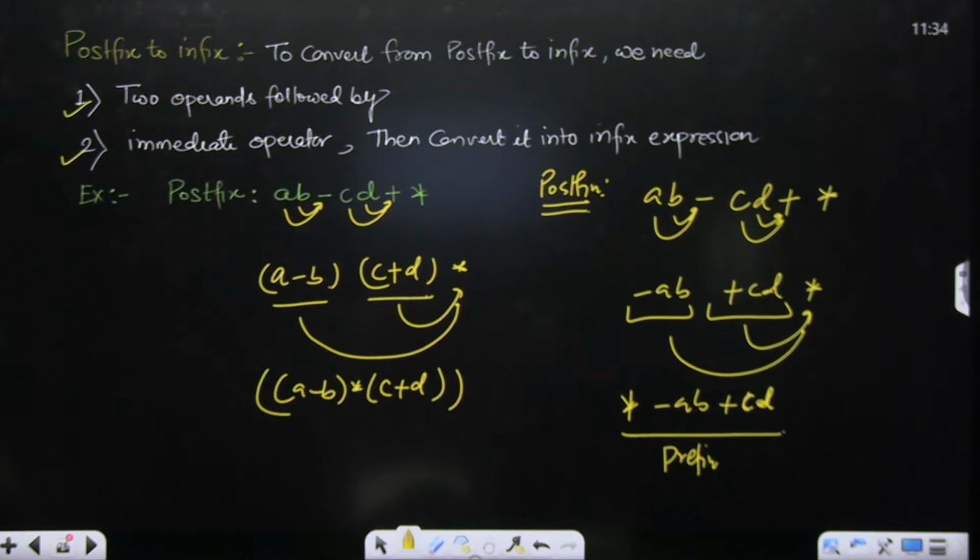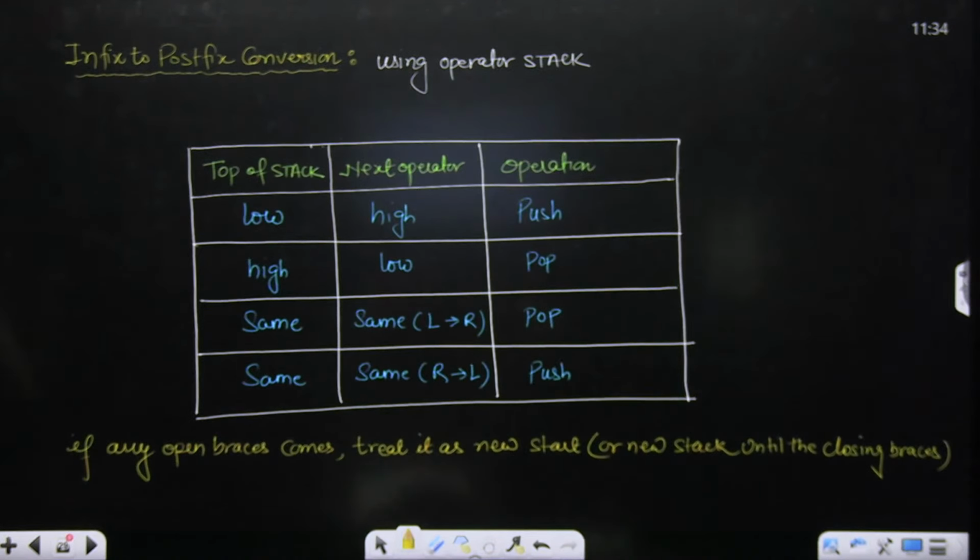So इस तरह से बच्चे आप कन्वर्ट कर सकते हैं पोस्टफिक्स टू प्रीफिक्स। Now इनफिक्स टू पोस्टफिक्स कन्वर्जन। अब आते हैं उस शॉर्टकट पे, इनफिक्स टू पोस्टफिक्स कन्वर्जन। सर ये रूल है, रूल